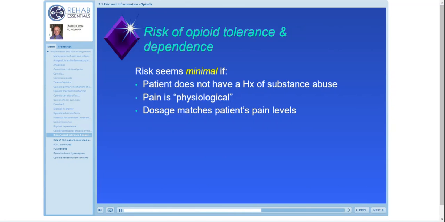It looks like if a person has a certain amount of pain and you give the right amount of the drug to treat that pain, it's almost like the pain soaks up the drug, or the drug has a job. Its job is to treat that amount of pain. If you give well beyond that patient's pain level, it's almost like the leftover drug contributes to the addictive potential. So the question has always been, how do we best manage this? How do we best match